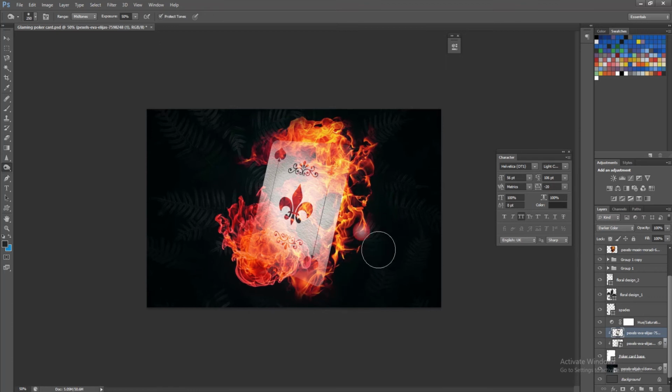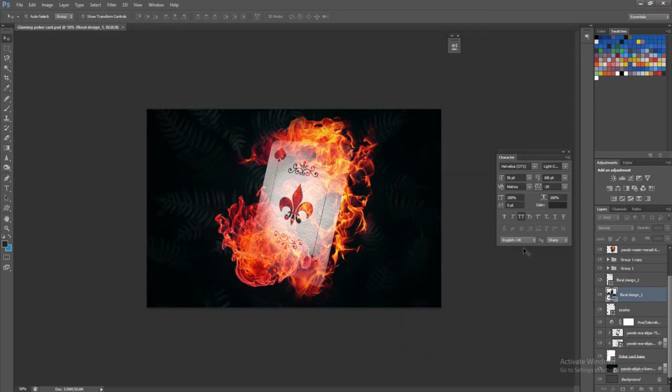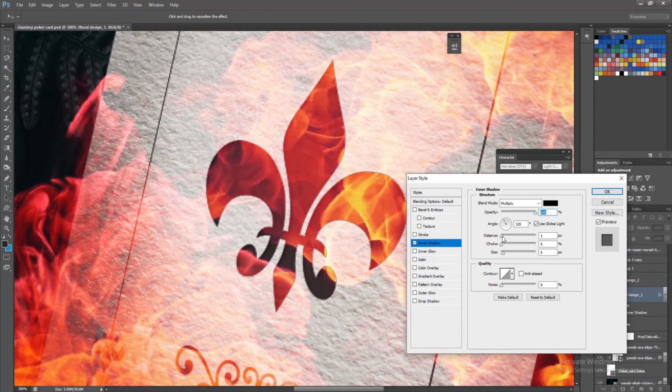I think that all the card shapes look a bit flat, so I am going to add a layer style to help show them more. Double click on the right side shape layer and check the box for inner shadow. Set the mode to multiply. Use the opacity as per your requirement.